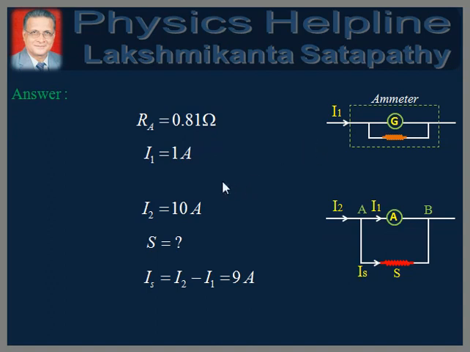Range of this emitter is 1 ampere. Therefore we put I1 is equal to 1 ampere because it is the first emitter. Later on we'll come to the second emitter, which means that I1 is equal to 1 ampere. What does it mean? The maximum value of I1 is equal to 1 ampere. When this flows through the emitter, then the current through the galvanometer is such that it produces full-scale deflection.